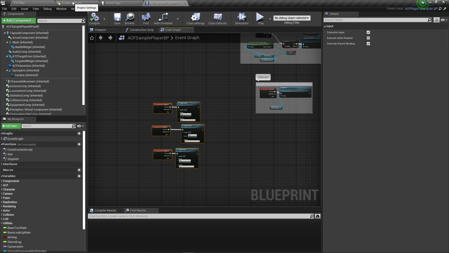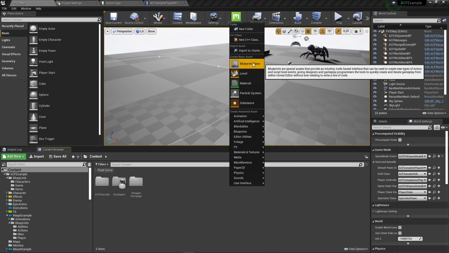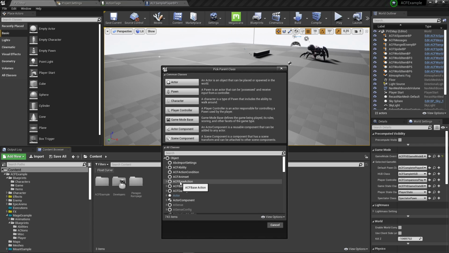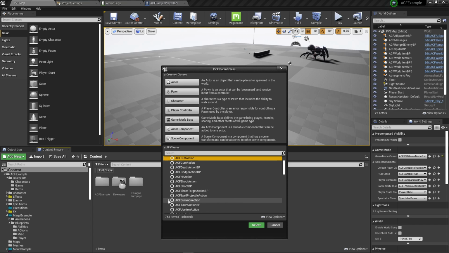But if we go, for example, here, and we go create blueprint class, we want to have a base action, and then let's look at what kind of actions are predefined. So you have an attack action that comes with some children. So this is the C++ class, and we created the blueprint class out of it. Then this is also auto dodge. Then you have a buff action, curve action, dodge action, hit action, and so on. But I do not see